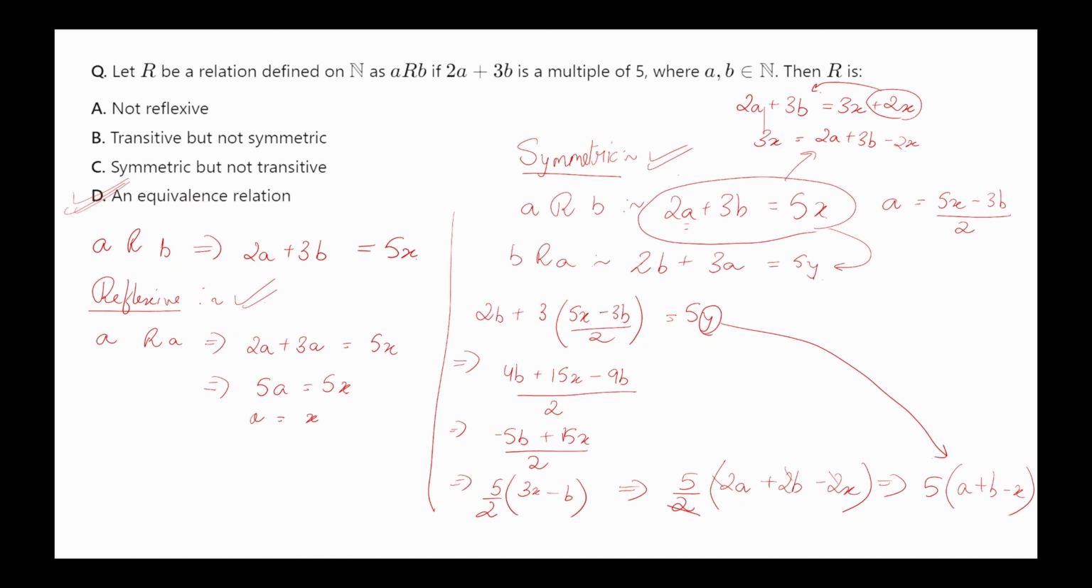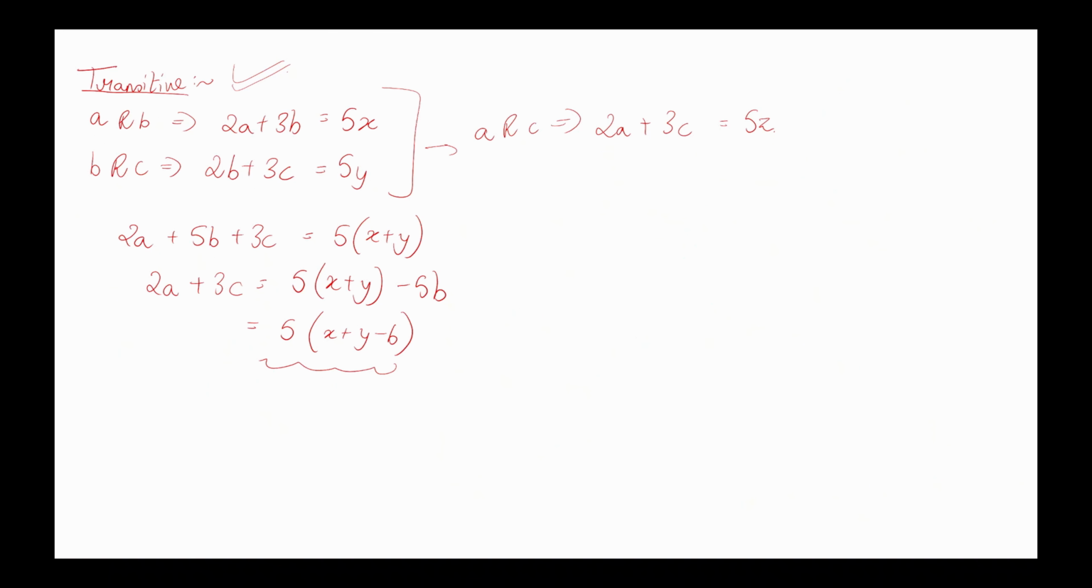For symmetric, we replaced b with a. Then we tried to convert it in such a way that we got it to be a multiple of 5. We replaced the value of a as b in 2b plus 3a. Then we got a certain value. After that, we replaced 3x from this equation as well to see if there are any chances that it can come out to be a multiple of 5. And yes, this 2 was simply cancelled out from each and every term and we got it to be a multiple of 5. For transitive also, we simply added the two relations, a related to b